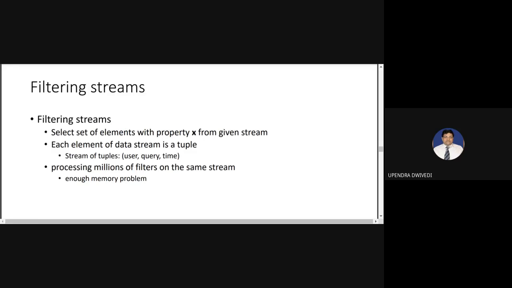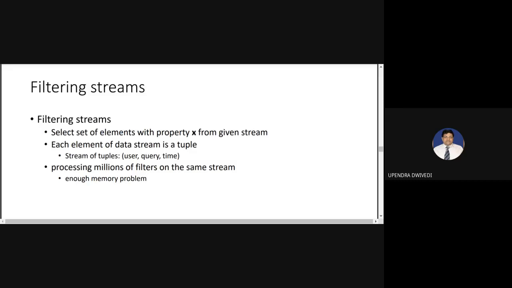Now we need to analyze some information from these data streams. So actually we are applying data analytics on the data stream, and for that we need to make sure that